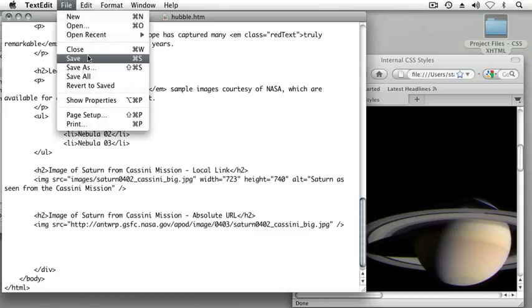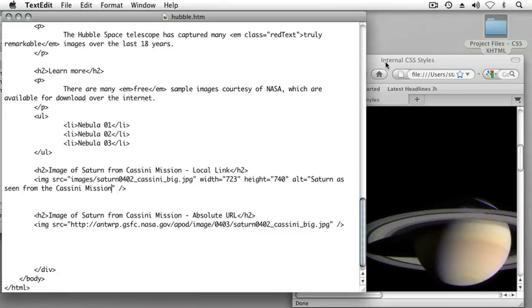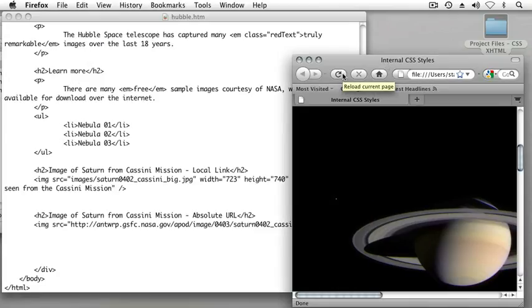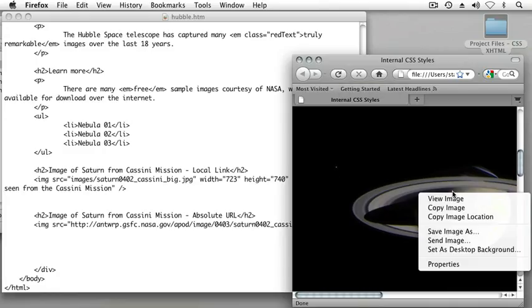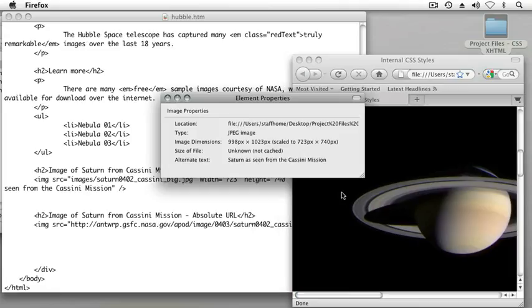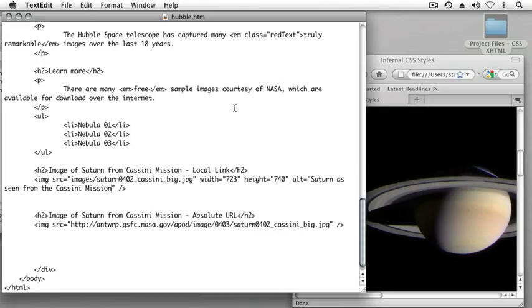And if I save my file and refresh in my web browser or reload on the Mac, I don't see any text here because the image downloaded properly. But if I right-click on the image using the right mouse button on your mouse and select Properties, here in Firefox you can see that the alternate text is present inside the page. You may not be able to see this on all browsers. So if I close this little Properties pop-up,